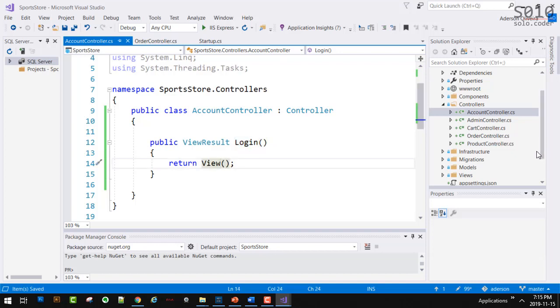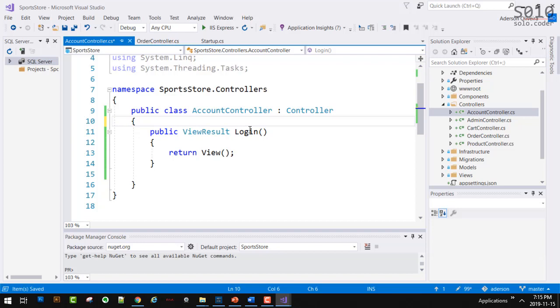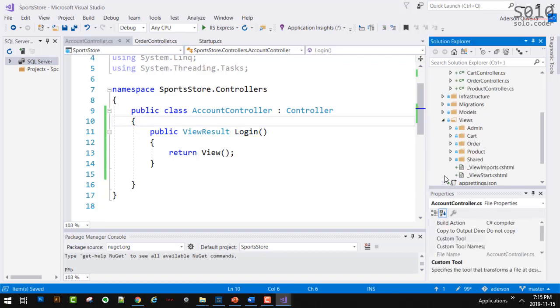So where exactly are we creating this view? Which folder? Under views? Order? Shared? Admin?